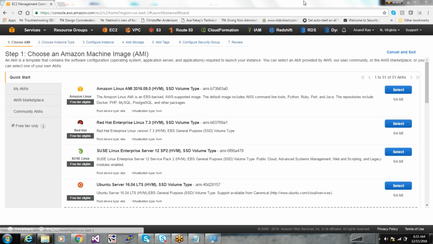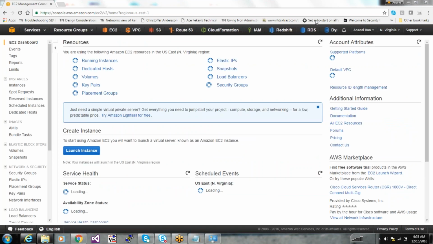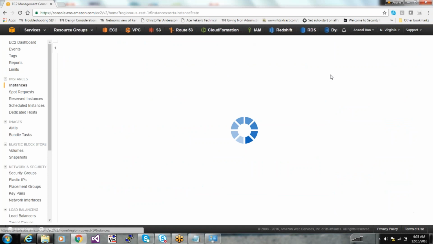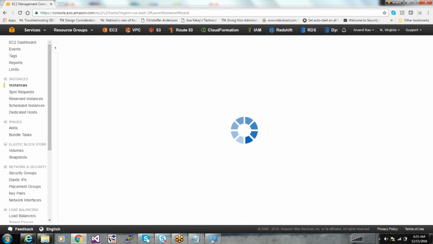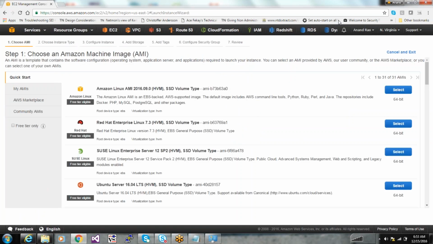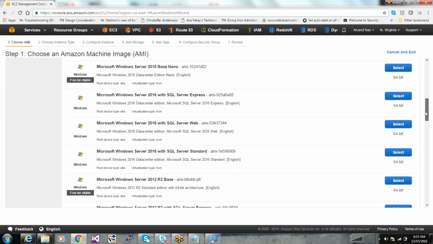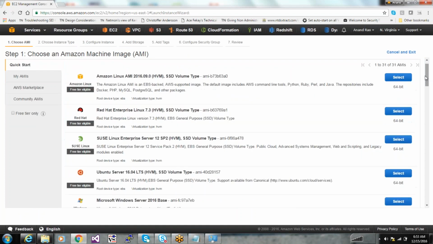Anand, when you start the operating system and choose the images like Amazon Linux and all, we heard up to that, and later everything is fine. You launch the instances and start showing the operating system and Windows version. Don't need to take the SQL, right? It's already installed. Okay, so I'm good up to that. I'm not sure about the other guys. After that, I didn't hear anything else.